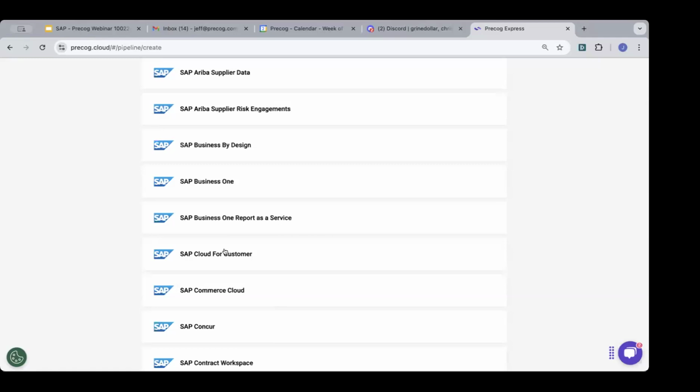Follow-on question, how do you handle changes with the APIs as they are constantly changing? Sure. So as I mentioned a few times in the webinar today, Precog is powered by AI. I know people hear that a lot today, but what we really just mean is automation, right? So many of the changes, things like authentication changes, or even schema changes, we detect those automatically and we'll adjust automatically in the platform, or we'll send a message to the user if it's something they need to do on their end. They'll get an automated message to the platform instructing them of what change they might need to make in order to continue to flow data.